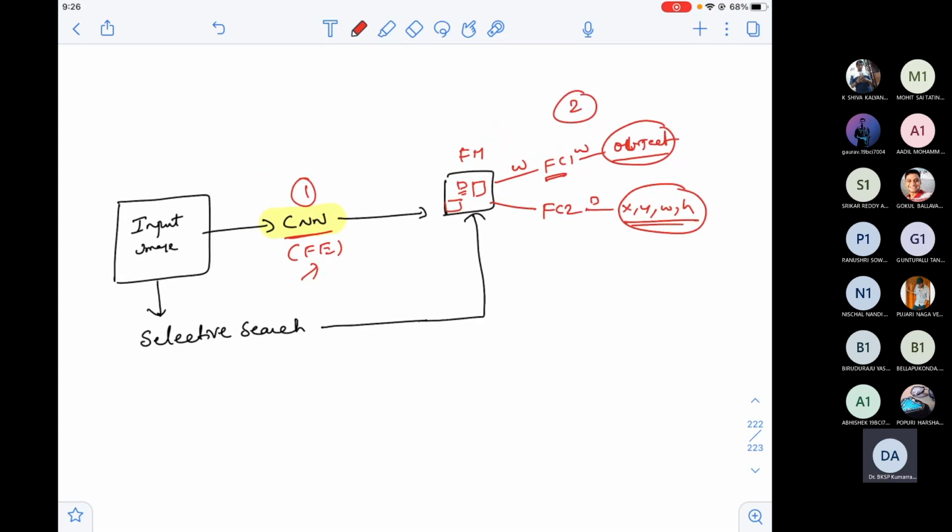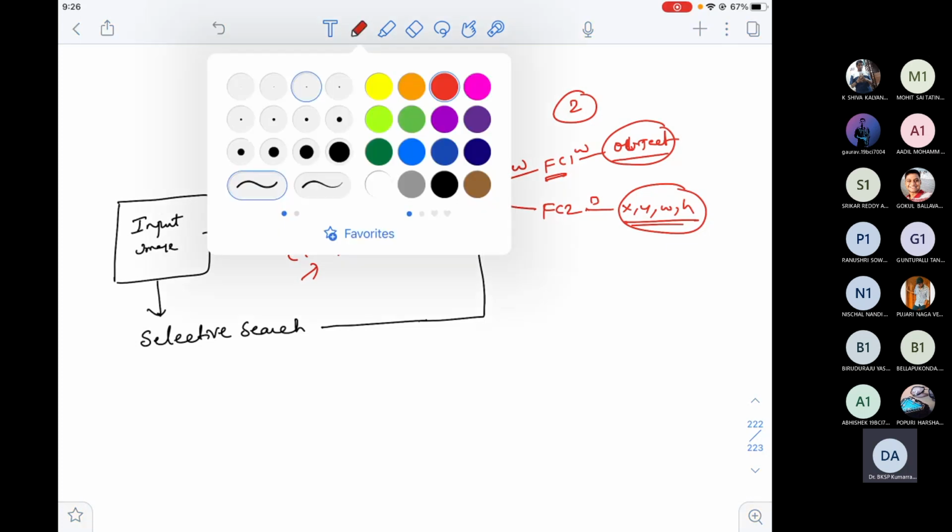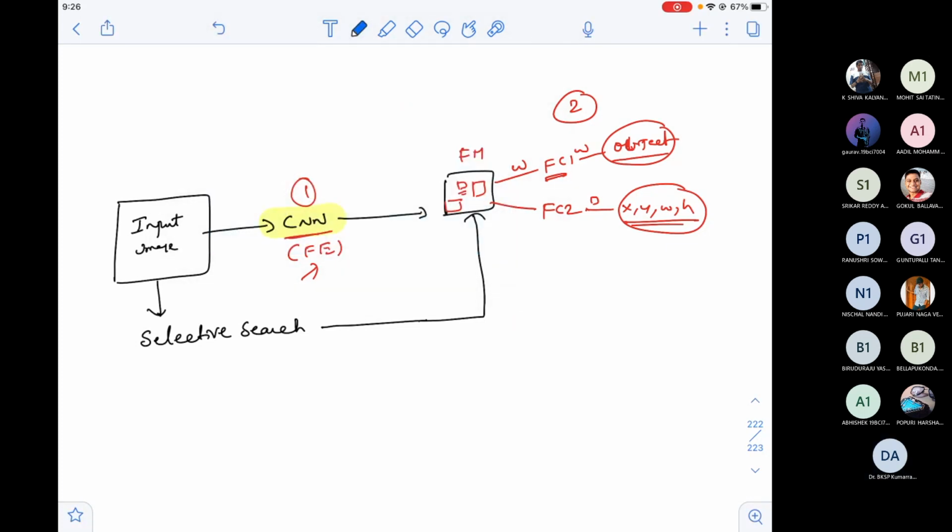But actually, the biggest problem, guys, listen carefully. Some errors you'll get if you really do it. Some semantics are missing here. Something is missing, so try to see where we have found the missing semantics. Passing the input image to the CNN is fine.